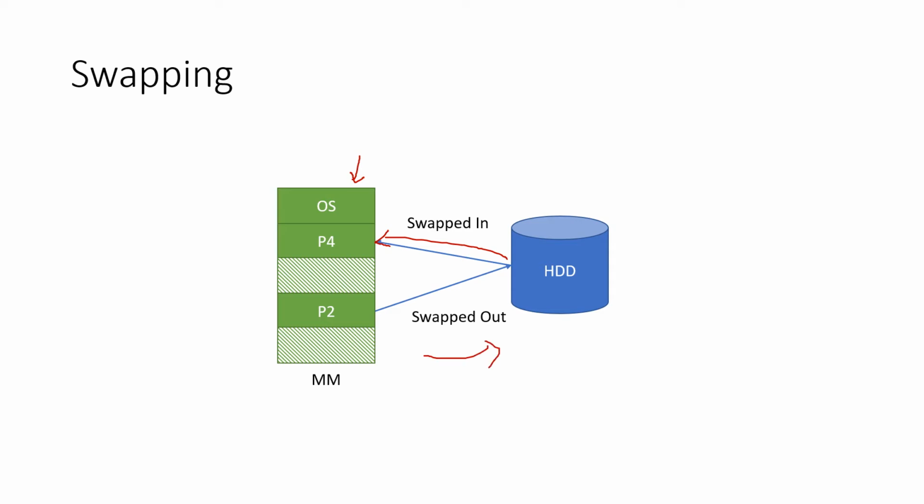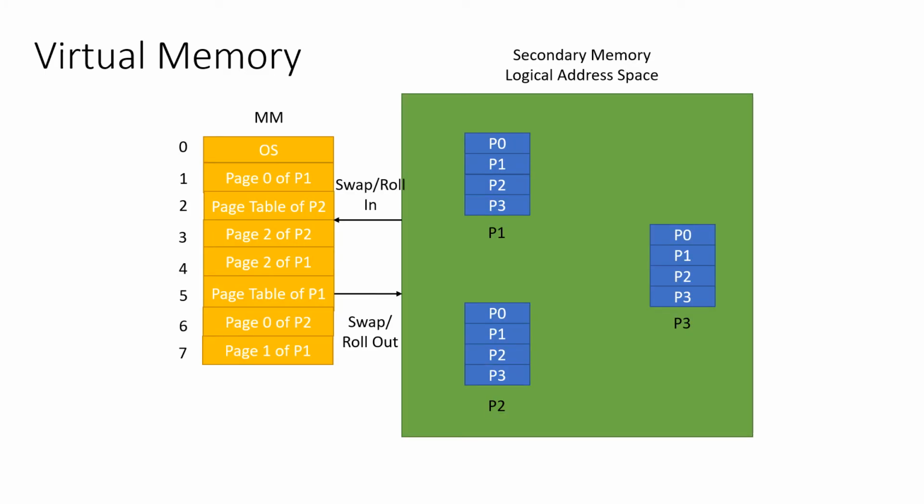The decision as to which process is to be swapped in and which to be swapped out is made by the CPU scheduler. For example, consider a multiprogramming environment with priority-based scheduling algorithm. When a process of high priority enters the input queue, a process of low priority is swapped out so that the process of high priority can be loaded and executed. On the termination of this process, the process of low priority is swapped back in the main memory to continue its execution.